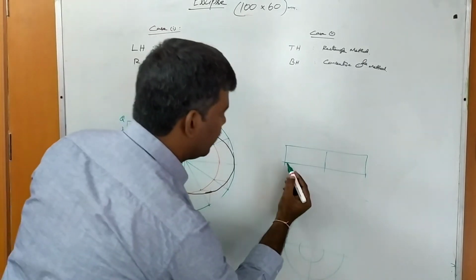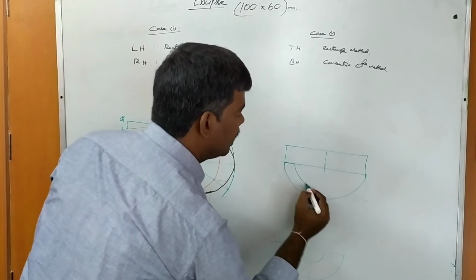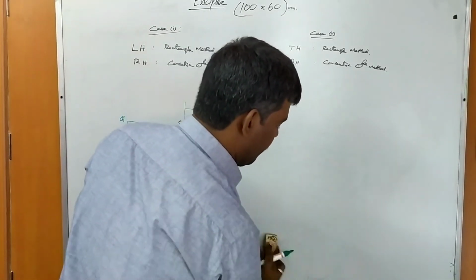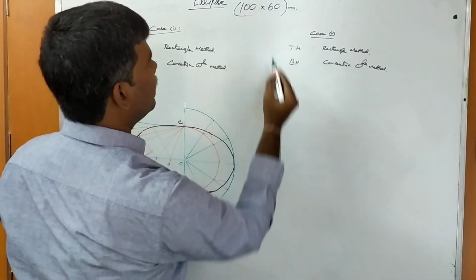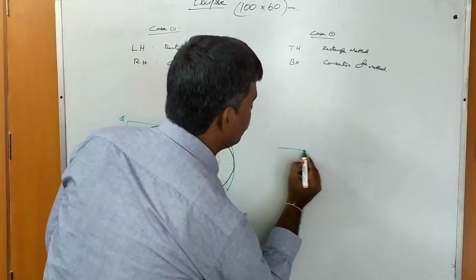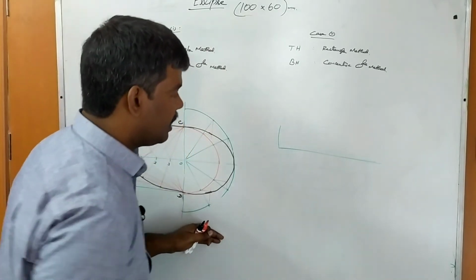Okay. What do we get? So this is the major axis circle and minor axis, how much is there? That minor axis you draw it. Clear? Right. So what is the size? Same, 100 into 60. So it is 100 mm. So 60 means it is 30. Clear?